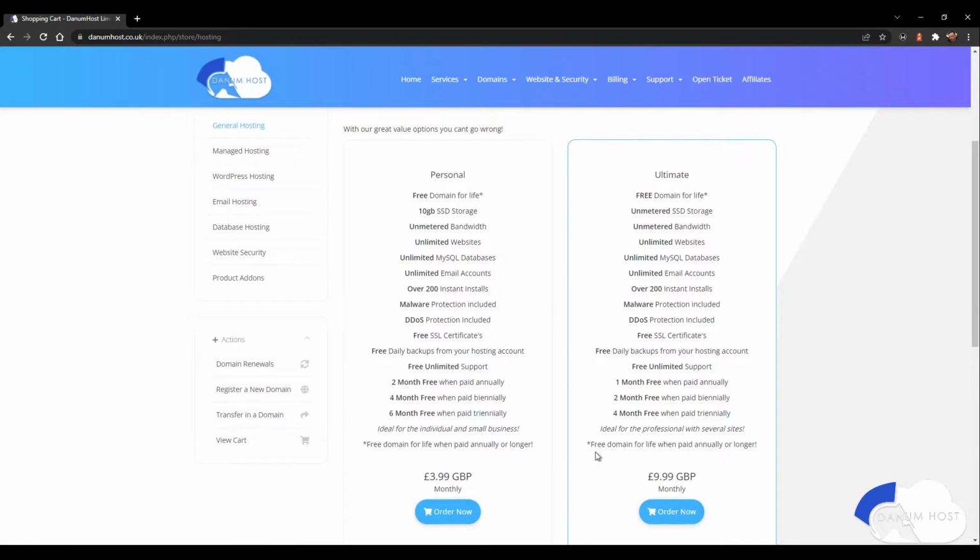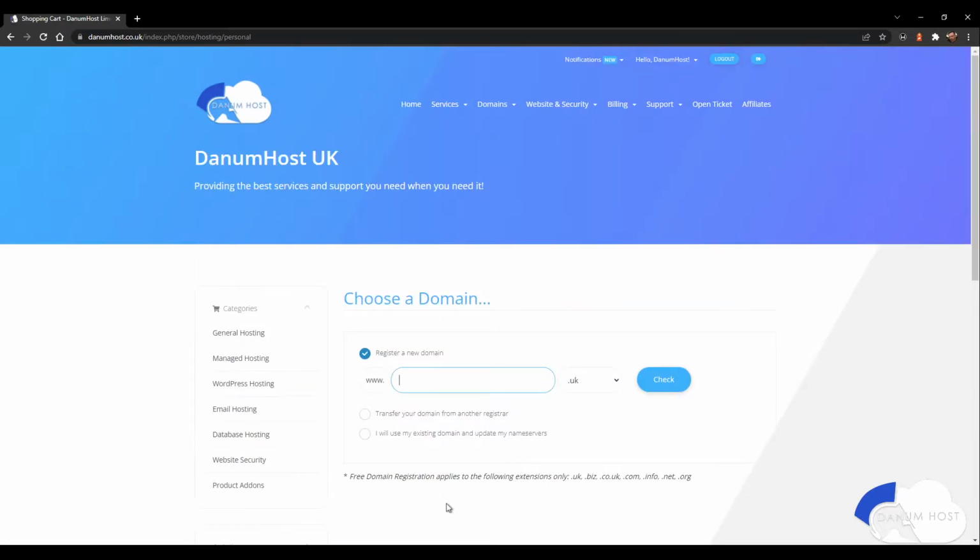So all our packages, you have a free domain name if you pay annually or longer, so basically every 1, 2 or 3 years. So today we're going to go for the personal package, and as you can see it's $3.99 a month, or if you obviously pay annually that price will come down, but we'll show you how much you save a bit later on. So for now we can go and order now, and then the first thing that you will see is the